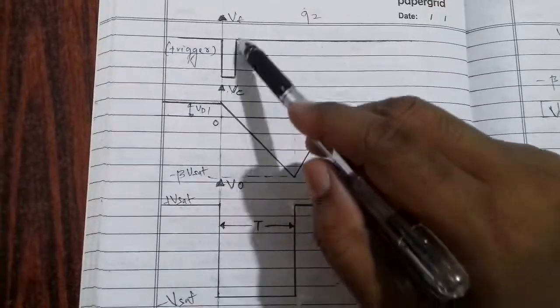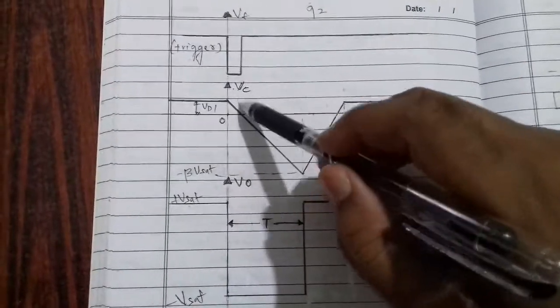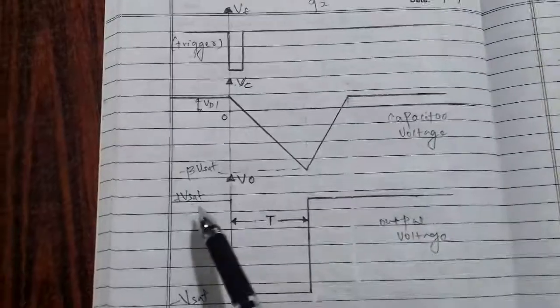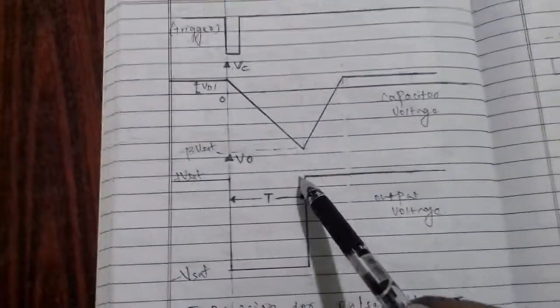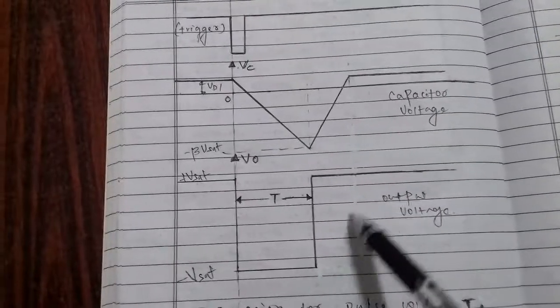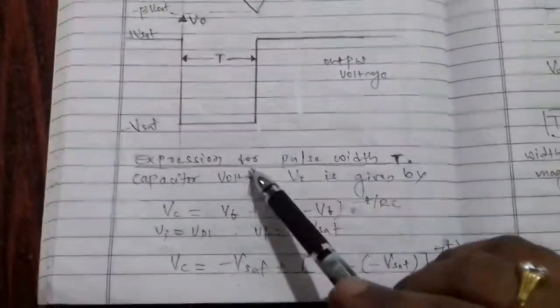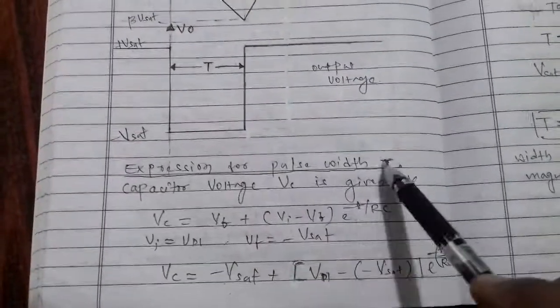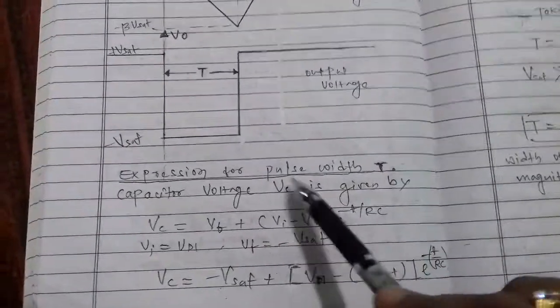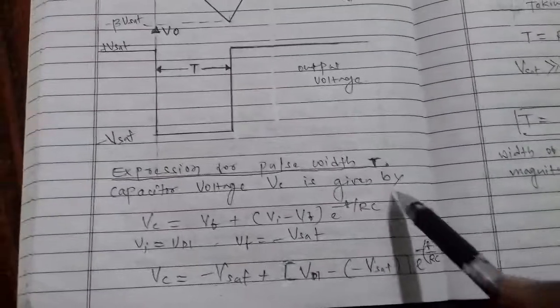Here this one is the triggering pulse, and here the capacitor voltage, and here the output pulse of duration T we will get. Expression for the pulse width T. Capacitor voltage Vc is given by